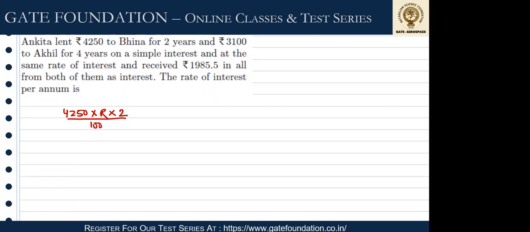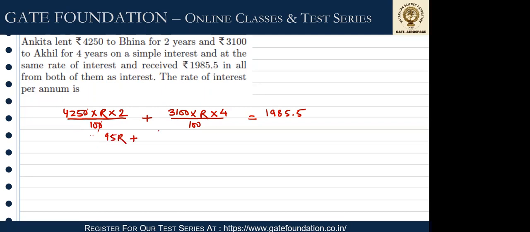Divided by 100. This is your first interest, and the second interest was given to Akhil when the amount of 3100 was given at the rate of R for 4 years. Divided by 100. Now इन दोनों का जो total interest आया at the same rate of interest and received in all from both the interest जो आया था वो है 1985.5. Now it becomes very simple. You just need to solve them. So this will become 0 will get cancelled over here. 425, 950. So 95 R